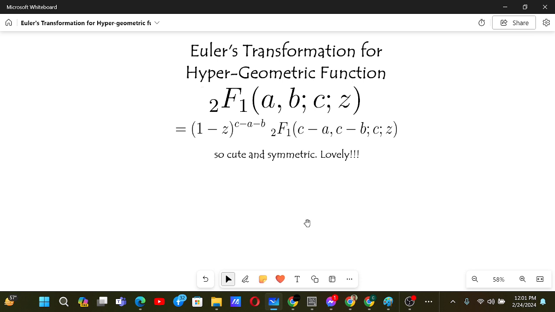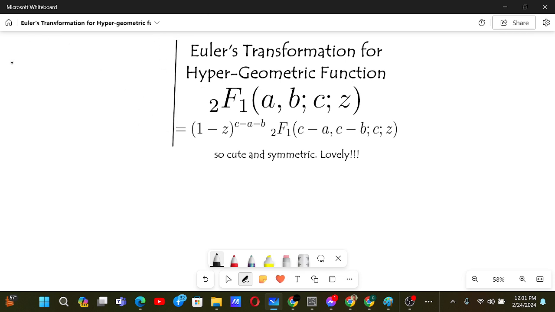Euler's transformation for hypergeometric function. So basically, in my previous videos of the hypergeometric function playlist attached over here, we have already discussed the definition, integral representation, and how to change Taylor series to hypergeometric function, and Pfaff transformation, and now it's time for Euler's transformation. And I will just give you a short glimpse of what we have learned till now,